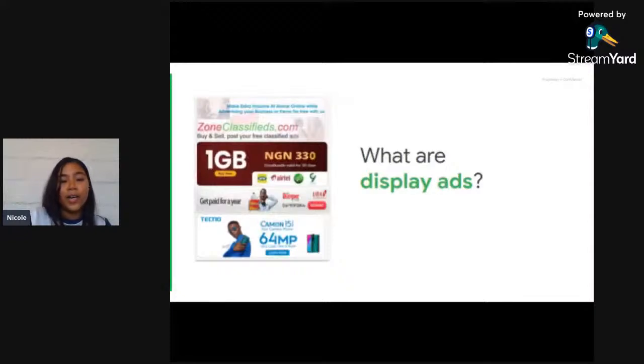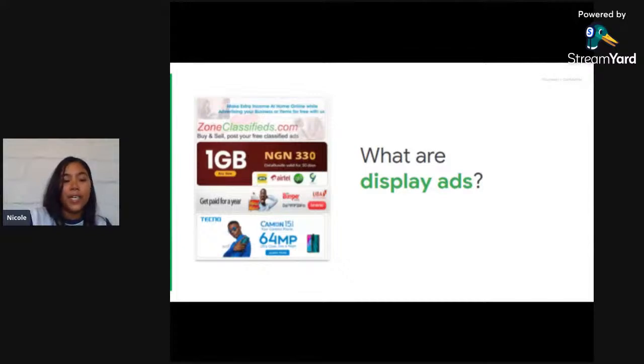Now that we've had a look at search ads, let's explore display ads, that is display advertising. Display ads are typically visual content that are displayed on a variety of publisher sites, like a poster or flyer, but just digital.